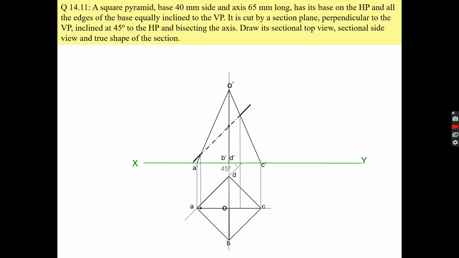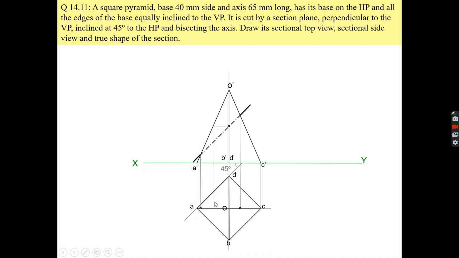Okay, so this portion is easy. 1 and 3 I am transferring here. Okay, and 2 and 4 I am transferring on this slant edge O dash and A dash, and this point I am transferring here. This point is now on O dash A dash, so this is your OA, so this is your point.